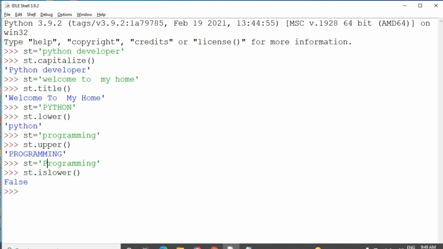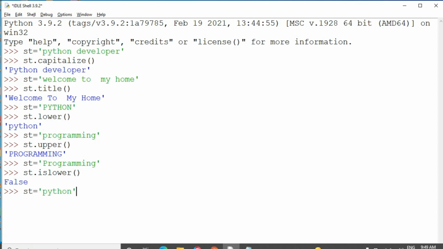Because I have taken the first character in uppercase, this capital P. So it displays false. It checks that all the characters are present in lowercase only. It checks the characters one by one, whether they are given in lowercase or uppercase. Initially it has taken the uppercase format, so it displays false.